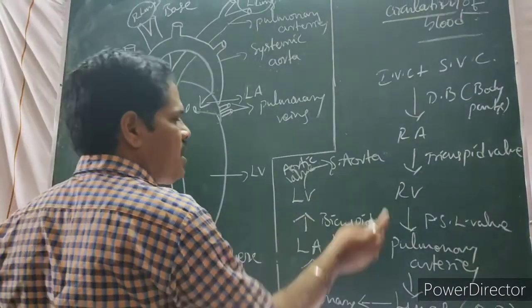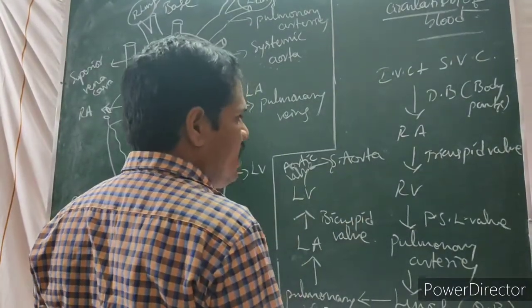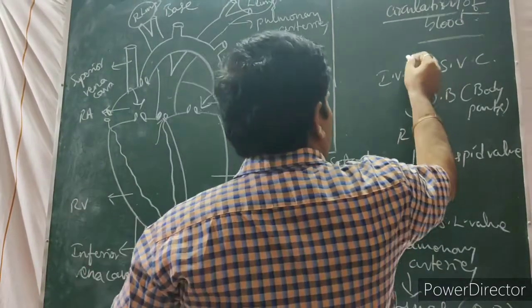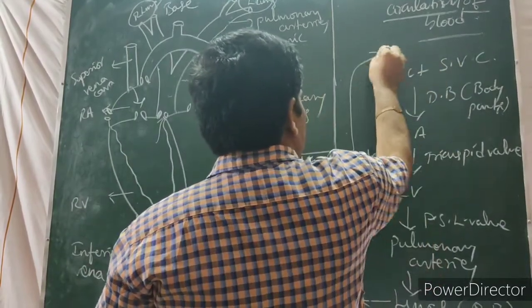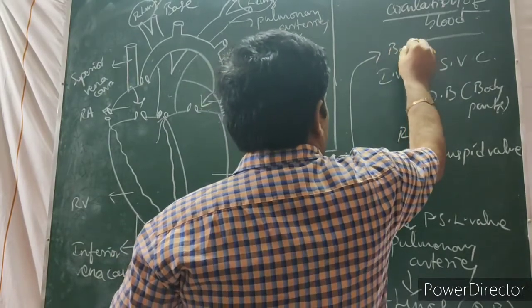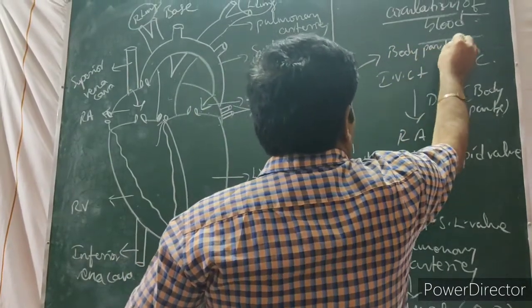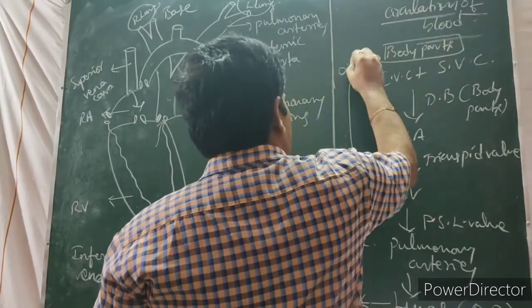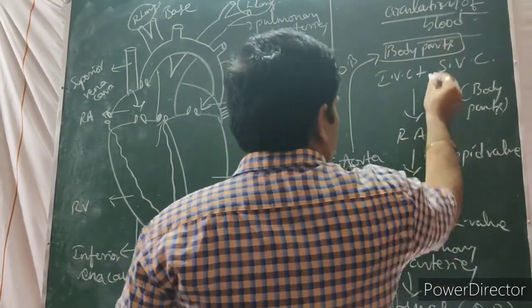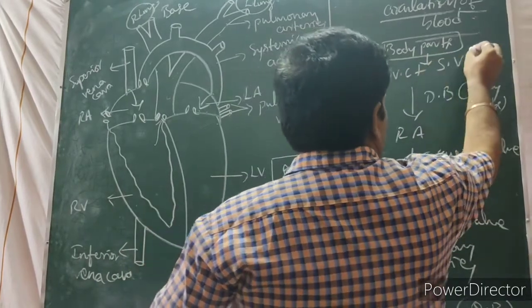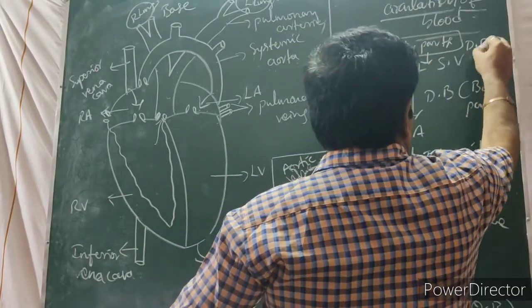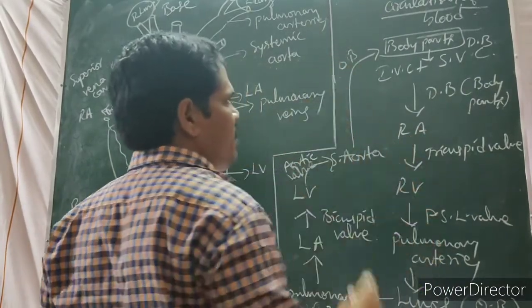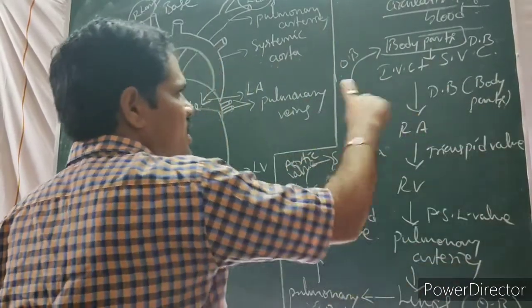From this systemic aorta, blood enters the body parts. So what kind of blood enters here? Oxygenated blood only enters the body parts. Then from these body parts, deoxygenated blood is collected by inferior and superior vena cava and given to the right atrium. This cycle is continuously